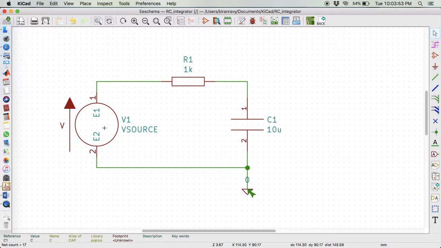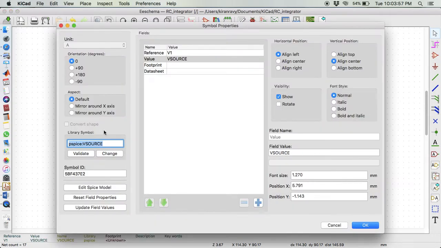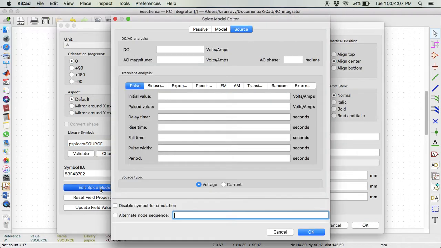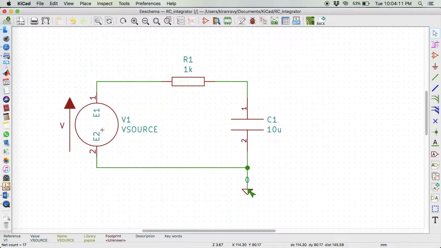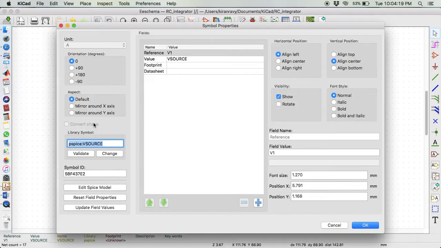And now what is the voltage source here? This is not a DC source, so you have to edit the source. So we are actually applying a square wave at the input of the integrator. So this needs to be a square wave. So click OK. I will do this once again. So this is supposed to be a square wave source, square wave voltage source, says 5 volt. Okay, so double click on this,